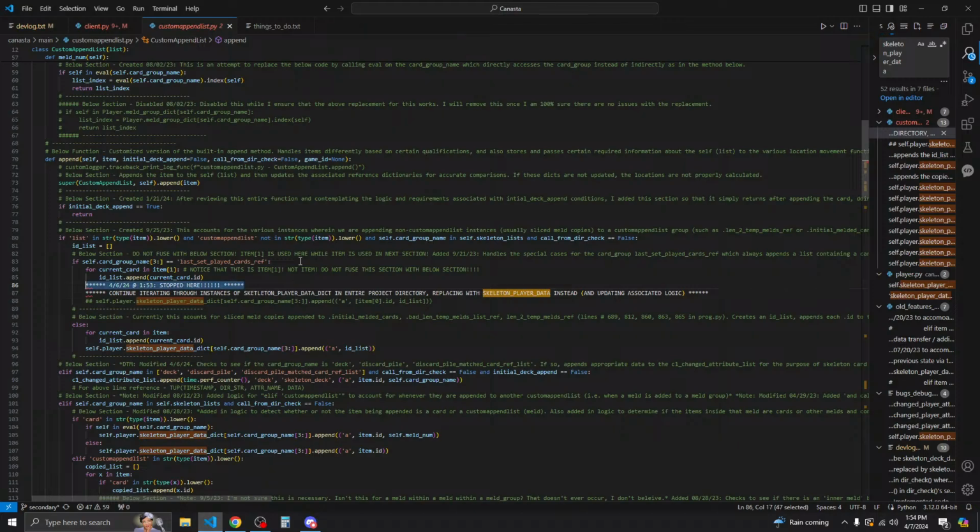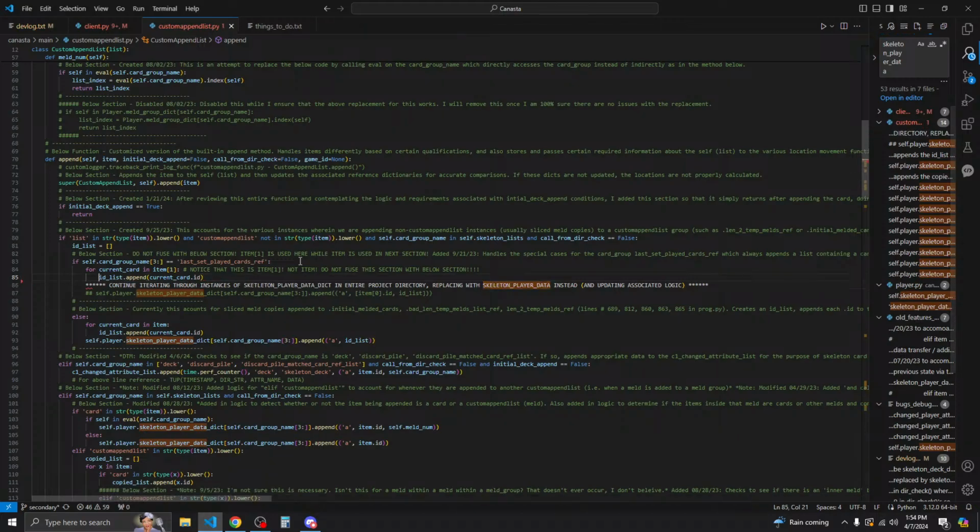4, 6, 24, 1, 2, 3, stopped here. Notice that this is item 1, not item. Do not fuse a section with below section. ID list append.